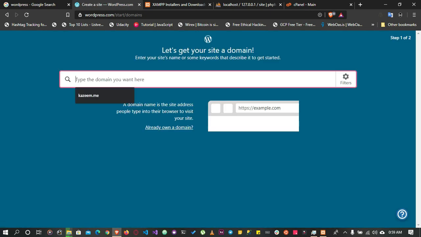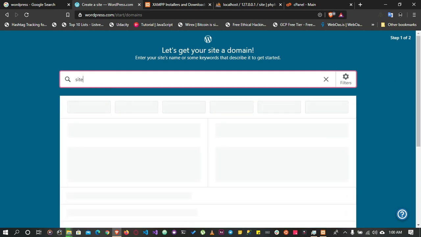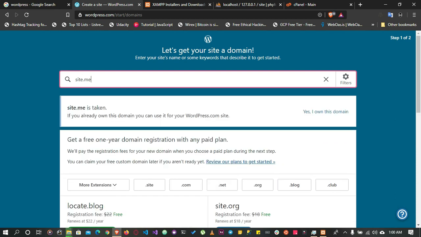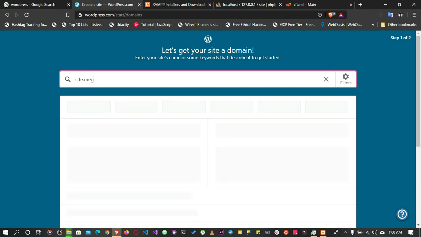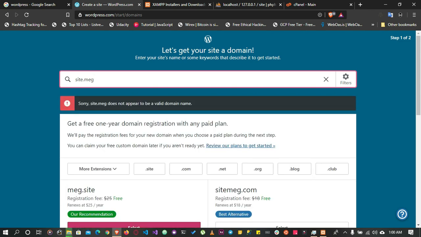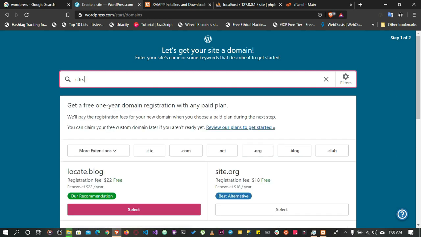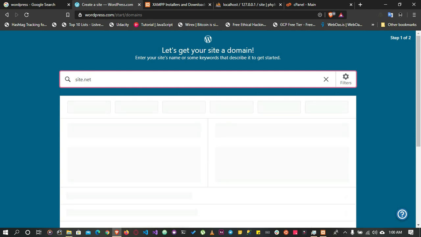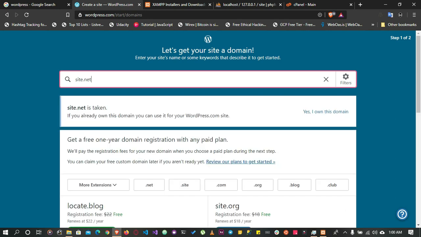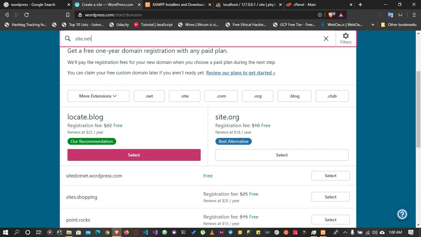So it's asking me for the domain name that I want, so I'll be using site.me. Let's try if that's available. Site.me is already taken. Site.meg doesn't appear to be a valid domain name, so let's find suggestions. Site.net. I don't think that's available either. Okay, it's taken. So we can just use this, locate.blog. If you click on select,